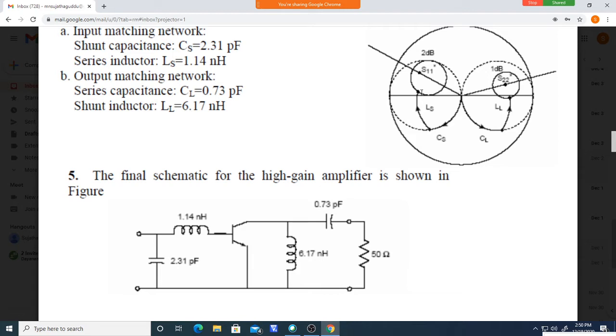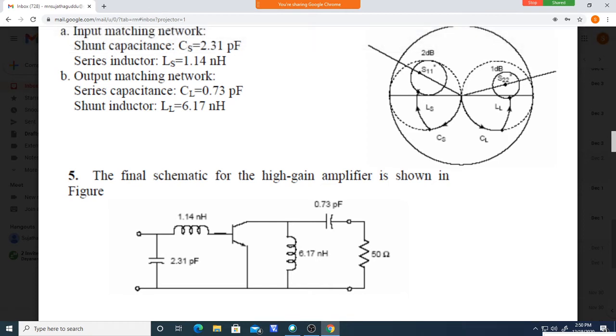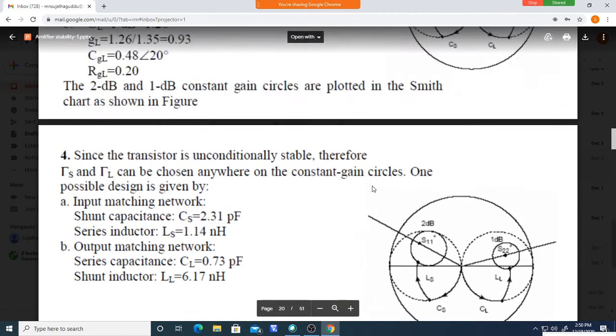That's all. I do not want to again take a problem and do this. Simply it is a waste of time. Okay, you should practice yourself. It is opposite to the previous. You are in the center, you should reach here. That's all. You move in the opposite direction, you will be reaching this and find out the values. Finding the value is similar to the L matching. Okay, so in the examination, this kind of problem will come.